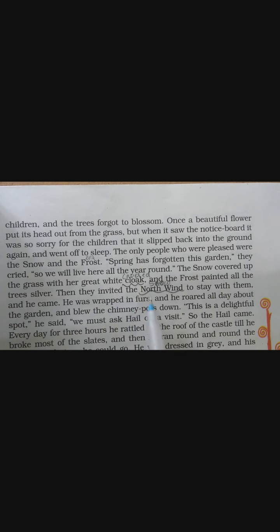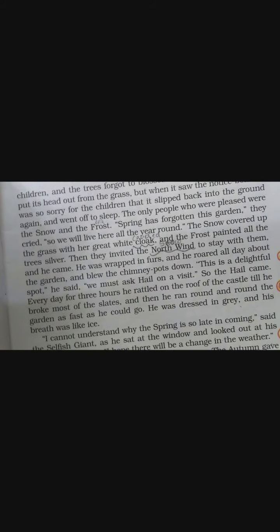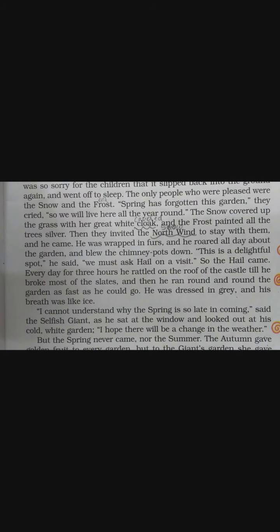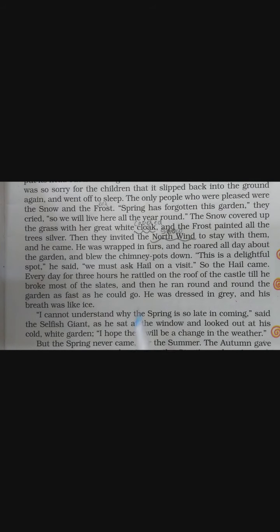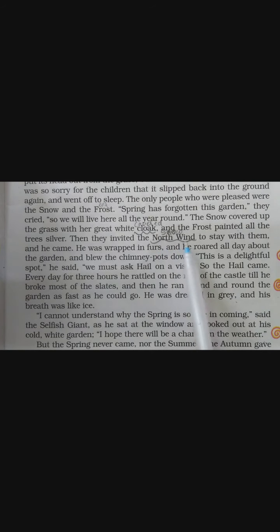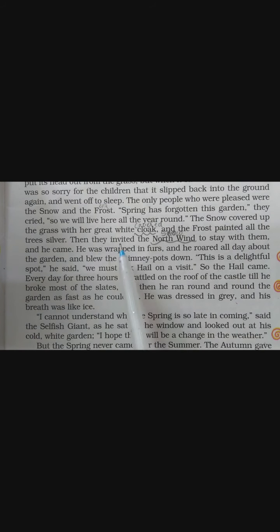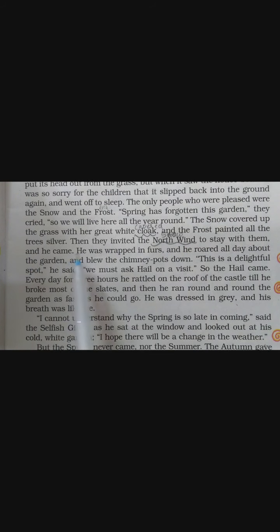Then they invited the north wind to stay with them, and he came. Now, what happens during the winter season? You find very cold winds, isn't it? We find cold winds coming. So, where does the cold wind come from? It comes from the north side. So, the frost as well as the snow, they invited the north wind to stay with them, and also he